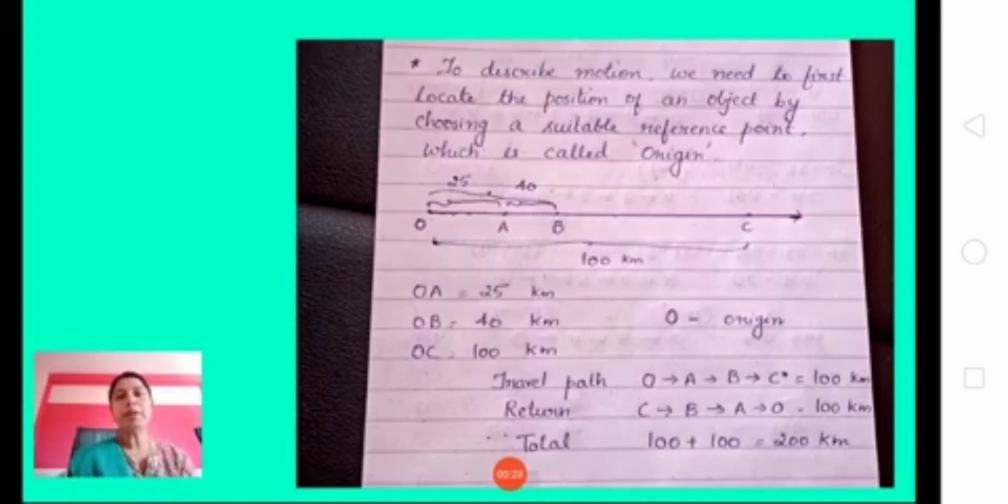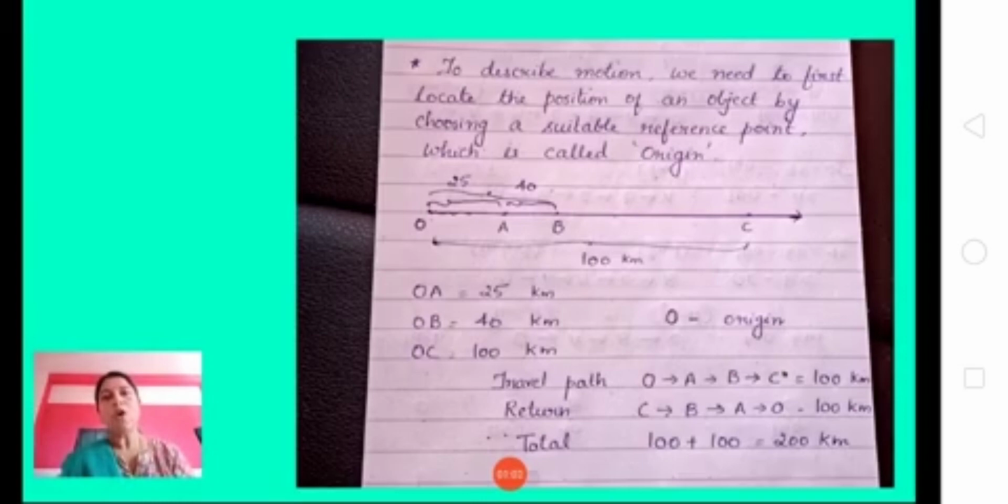For example, I ask you, where is your house? You answer, it is at Vijayanagar 4th stage. Again I'll ask you, where exactly at Vijayanagar 4th stage? Then you might tell me that it is opposite to Nandini Parlour, which is located on the main road. Now I am able to find the location of your house with the help of a reference point, which is Nandini Parlour. So Nandini Parlour is the reference point here.